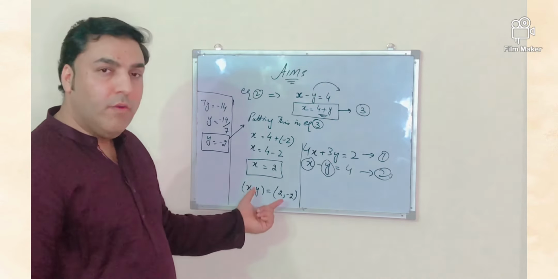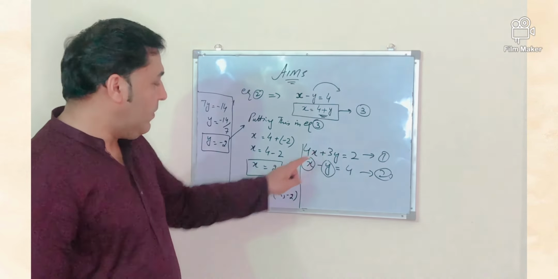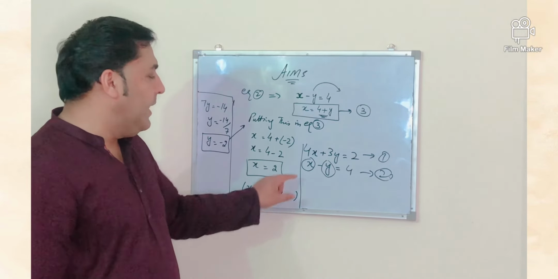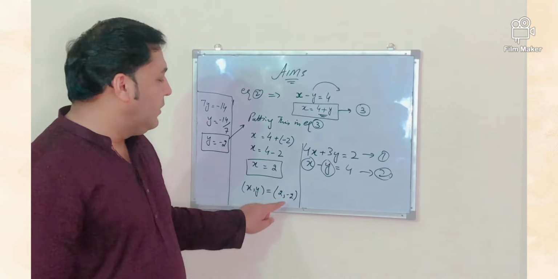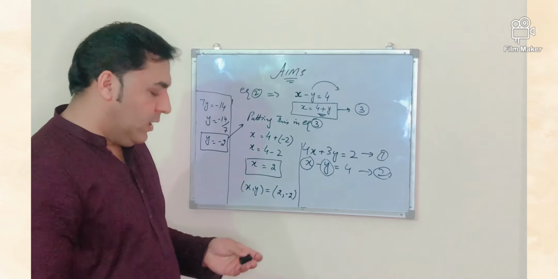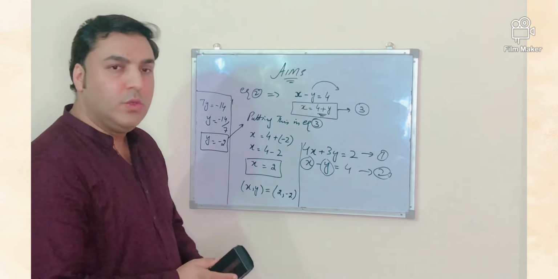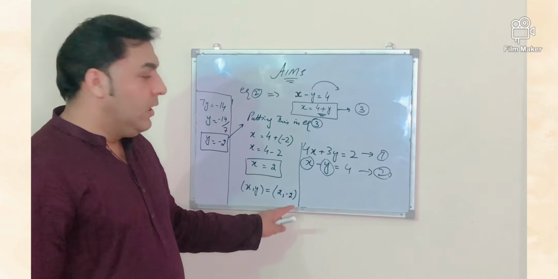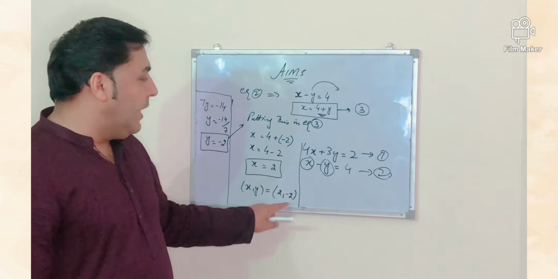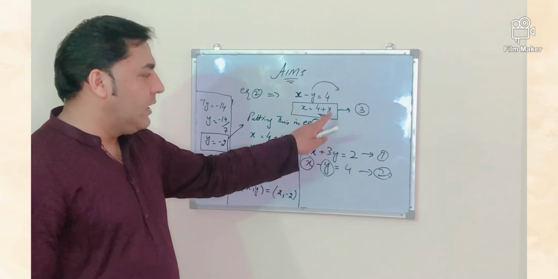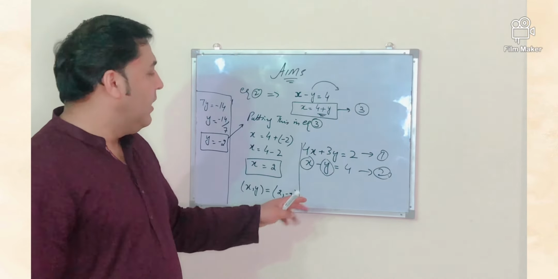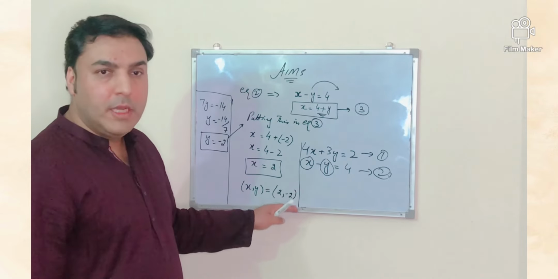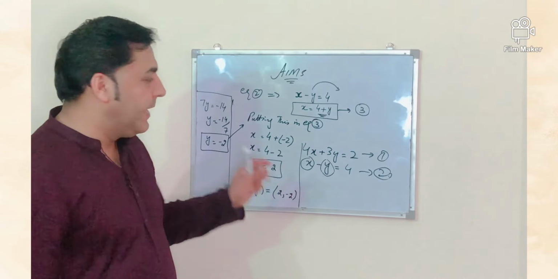This is one solution. The value of each variable is one solution. This we call the solution set. We can verify this solution. How do we verify? We know the procedure. Whenever you put this value back in your equation 1, 2 or 3, all should satisfy. Then you will understand and be confirmed that this answer is correct.